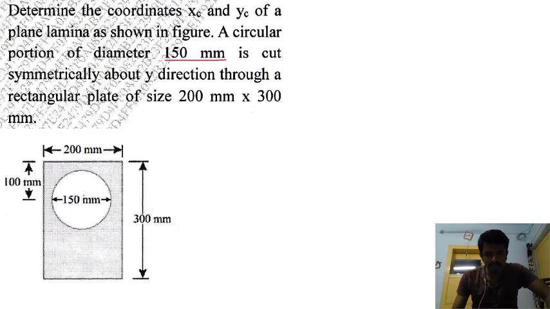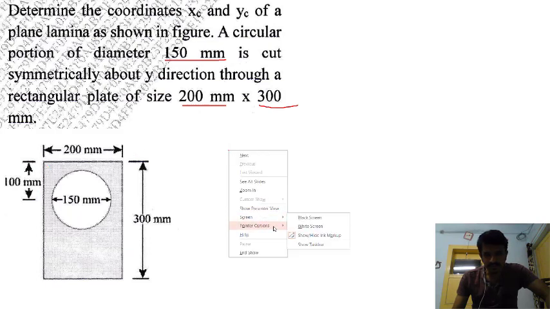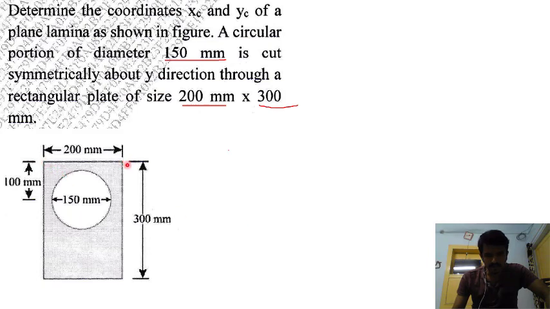The circle of diameter 150 mm is cut symmetrically about the y direction through a rectangular plate of size 200 mm by 300 mm. So this is the rectangular plate, 200 mm by 300 mm. This side is 200 and this is 300, and this circular hole is cut in such a manner that